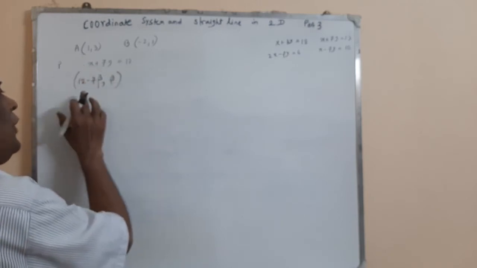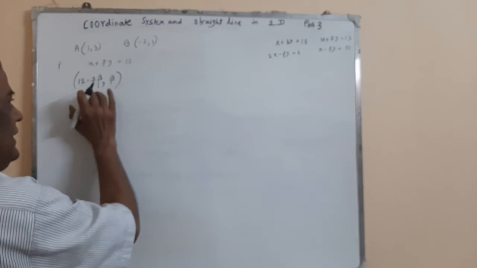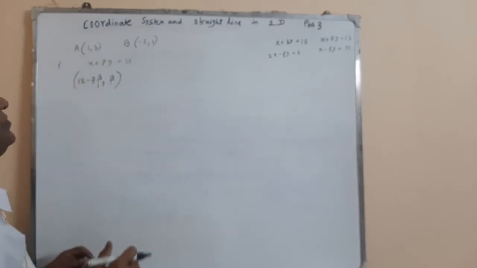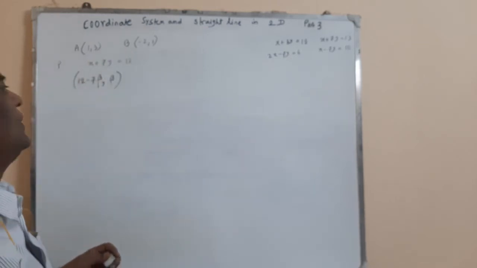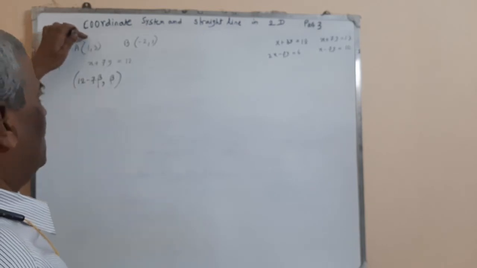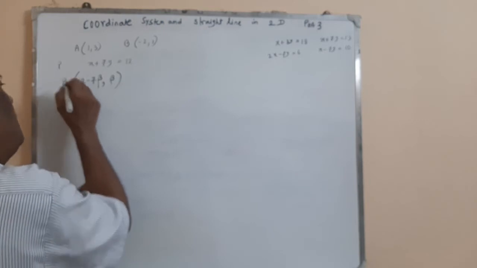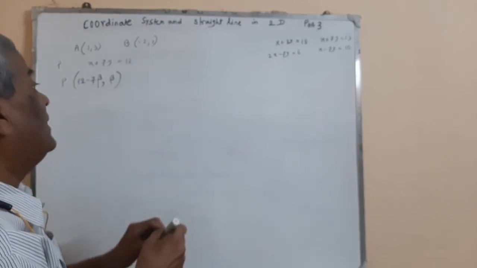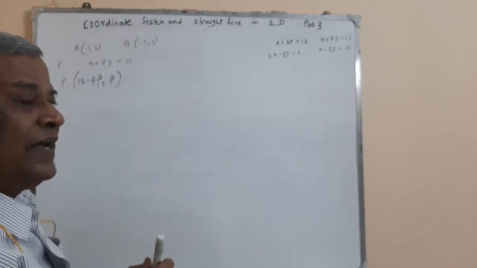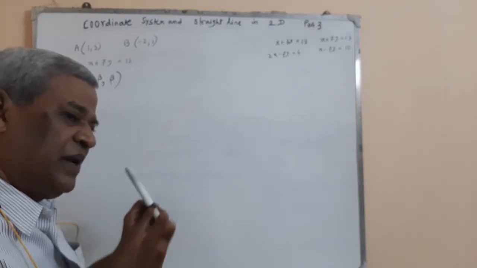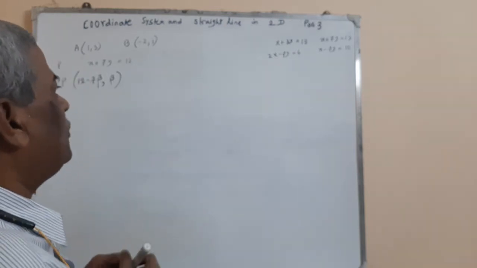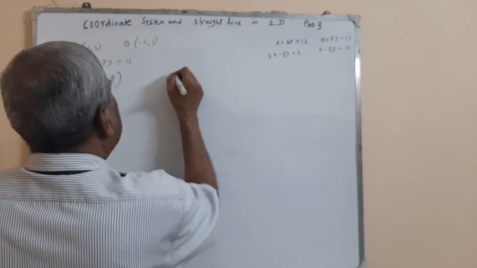For any value of beta, it satisfies that. So we get A, B, and P, those 3 points, of which beta is an unknown quantity. To find the locus, we have to eliminate beta from there. Suppose (h, k) is the